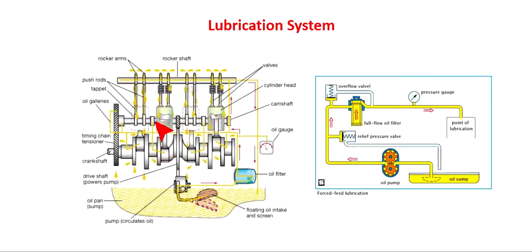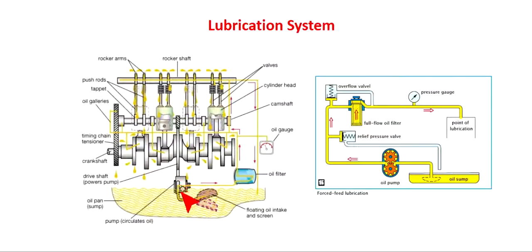This is where we have the camshaft. Then you have the tappets, the push rods, and the rocker arm. These are the rocker shaft and rocker arms. Then you have valves and valve springs. To all these parts, the lubricating oil is made to flow. Whatever oil flows in the forward direction comes back to the pan through a return line. That oil is cooled, cleaned, and pumped back to these various parts. That way, a continuous stream of lubricating oil is maintained and all these parts are continuously lubricated.